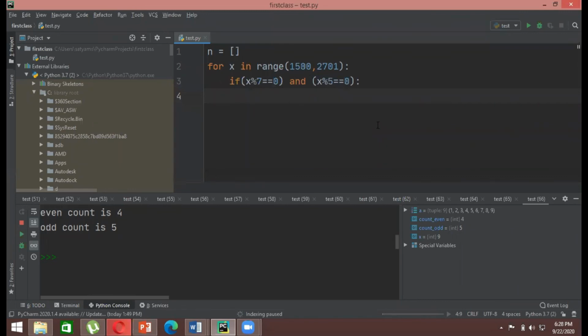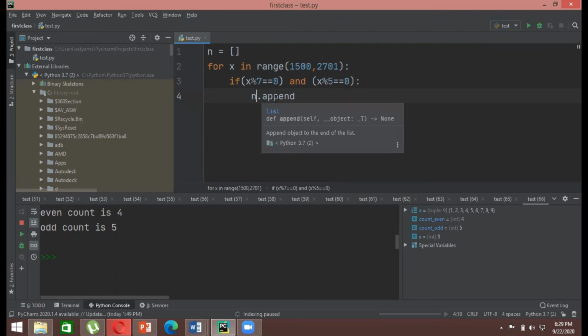Now what we'll write, I'll use a function which is known as the append function. n dot append. What append basically means is to add something, right? And the first thing that you have written before append is the thing in which you want to add something. Now we have created an empty list, and what I wanted was when this program runs, whatever number we get will automatically get updated in this particular list. So I have to add the values in this list, and I will be calling this list by the name n. That's why I've written n dot append. So append basically adds something to this already defined empty list, or it doesn't need to be an empty list, it can be anything.